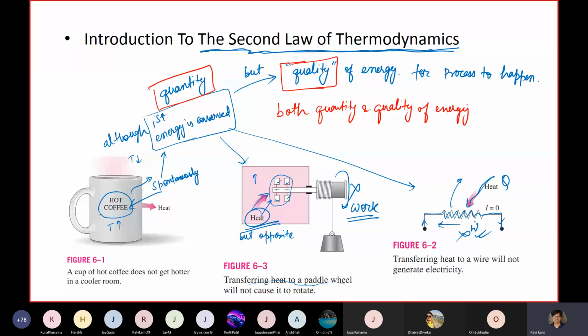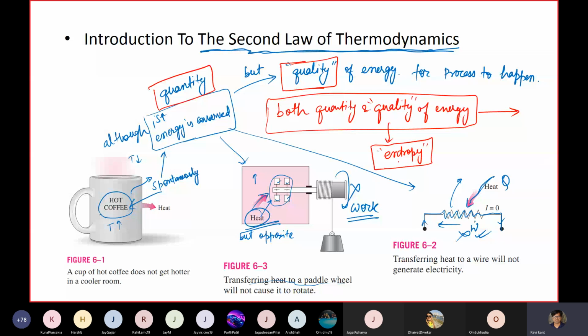And in the next chapter, in order to seek the quality of energy, another quantity called entropy, I will not discuss right now, but just keep in mind this property arises due to the need of a measure of this quality of energy. We can think of another quantity called entropy, and then we can define our second law of thermodynamics such that